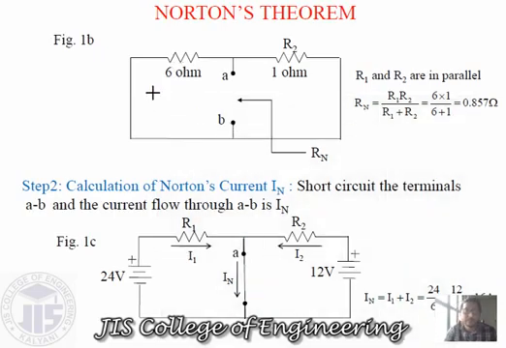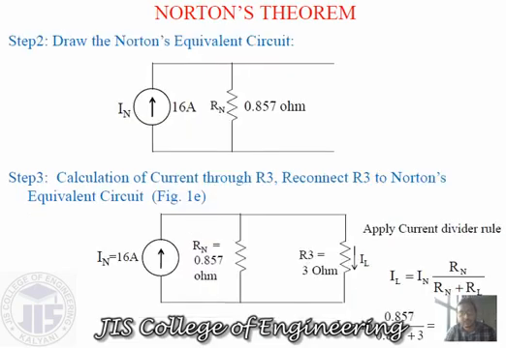Now we have to design the Norton's circuit. So how can we design that Norton circuit? Norton circuit means this Norton current and this Norton resistance will be connected in parallel, and the load resistance that we removed earlier should be connected in parallel with this circuit. So they will be connected over here, and the circuit looks like this. So now the Norton current, or the short circuit current ISC, Norton resistance, and the load resistance are connected over here.